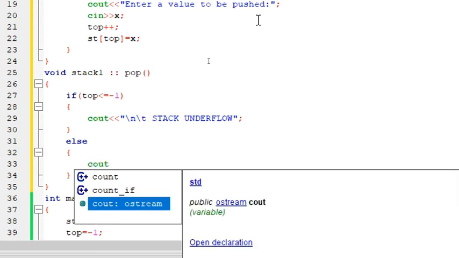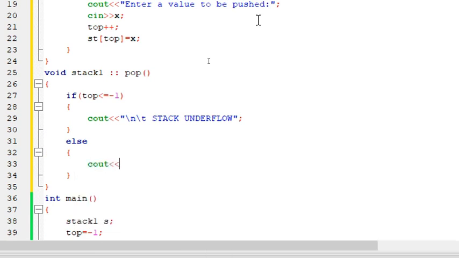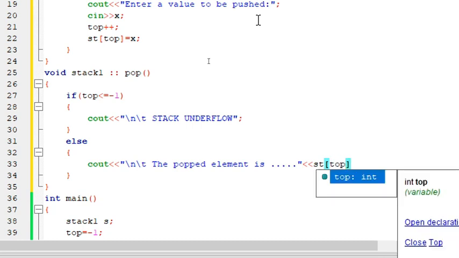Now try to give it in a cout statement. I'll tell you why we are giving it inside a cout statement. \t, the popped element is, I say st of top.